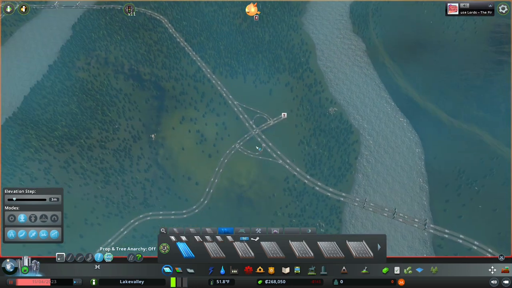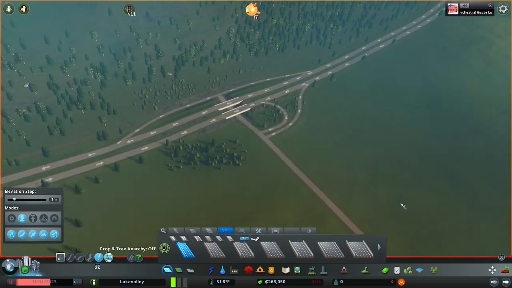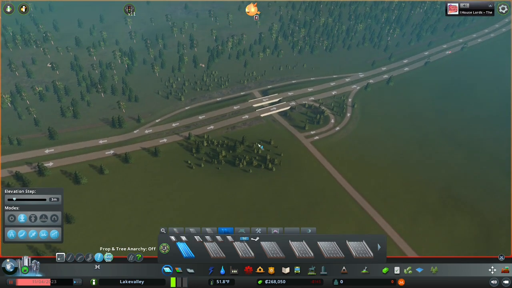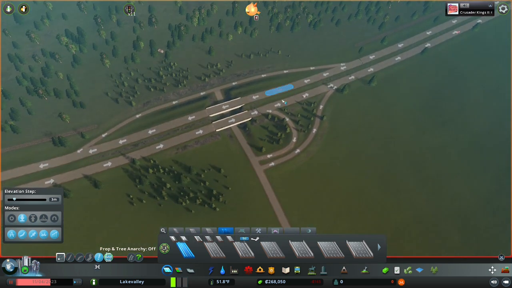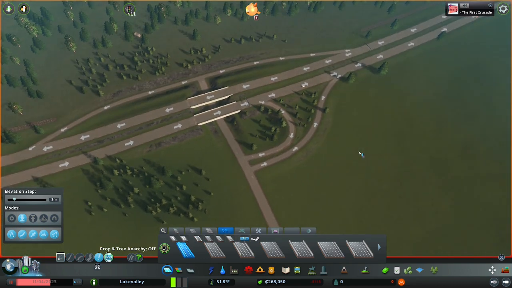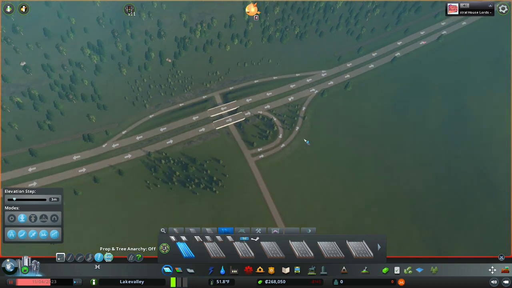Okay, let's move on to the next one. The next one I'm going to show you is just a variation of the other one, but instead of a four-way interchange here, we only have 3. So this is basically half diamond, half parclo. You have your exit ramp here. You can take a left, or you can take a left and get back on here. And the same partial cloverleaf design that we showed before. So that's one of the variations you can use